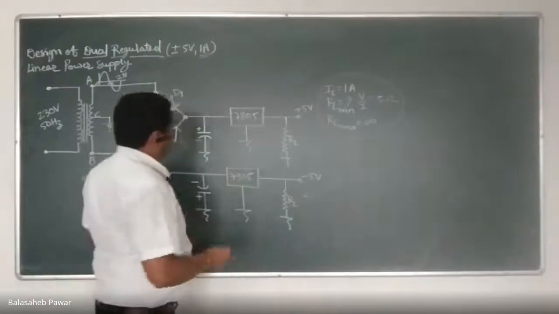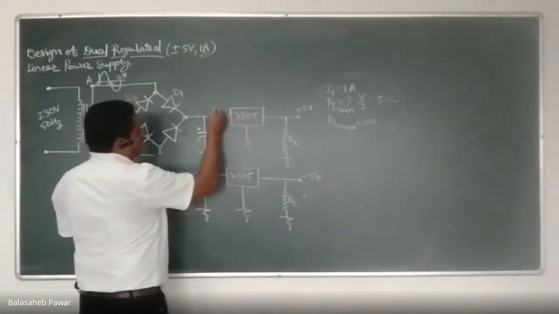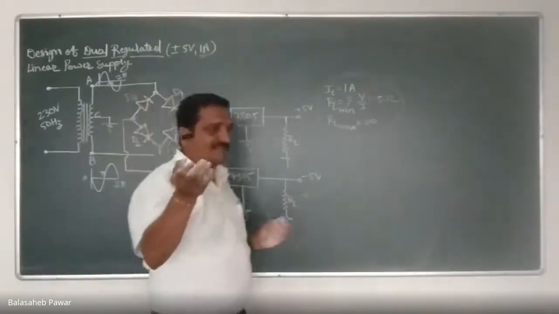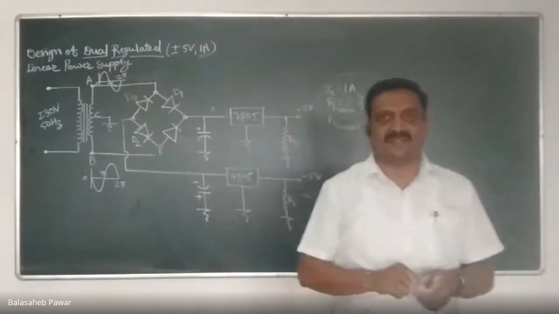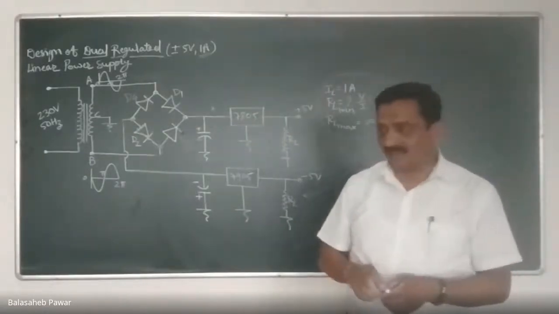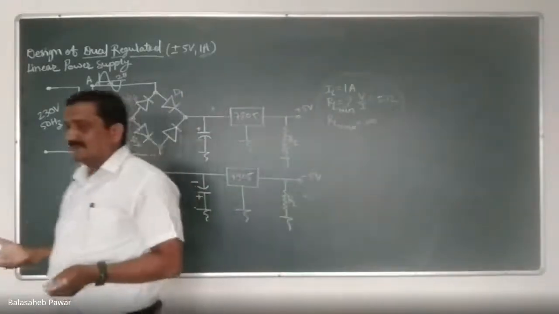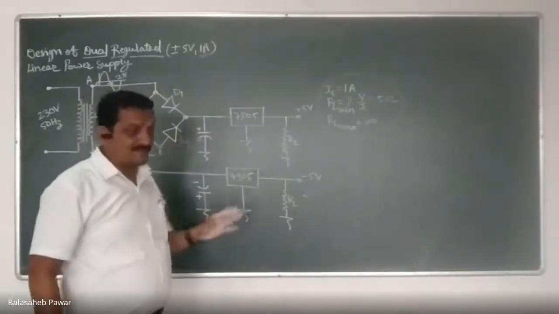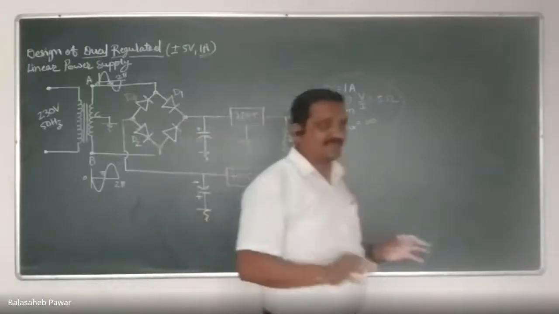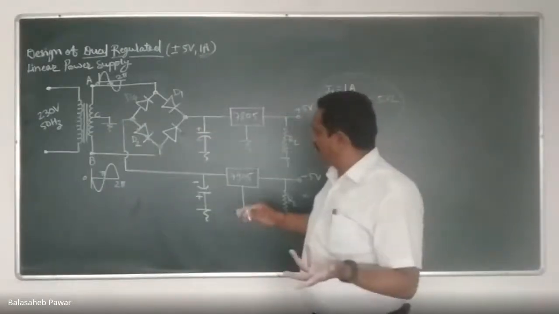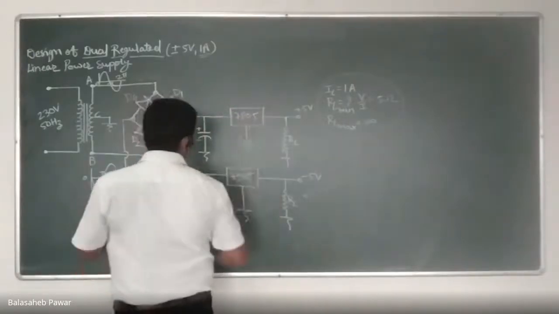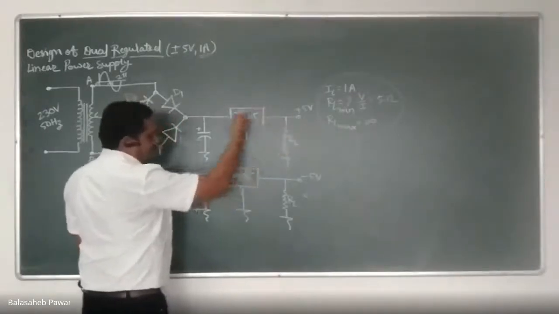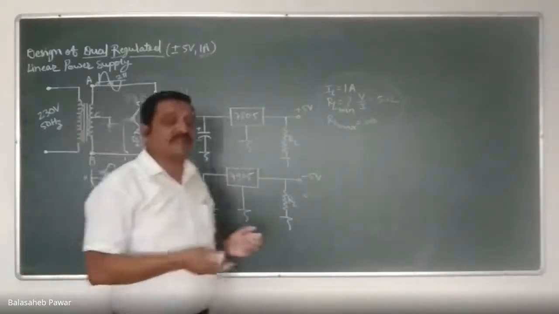Okay. Now, for 7805, how much input voltage should we consider? I think last time we considered it as 10 volts, 10 volt unregulated. Yes or no? If you can recall, or if you have noted it, just check how much input voltage we considered. It should not be exactly that much only, because as per our previous discussion, the input voltage to these regulators should be 2 to 3 volts more than their rated output voltage, because these regulators are known as high dropout voltage regulators, right?